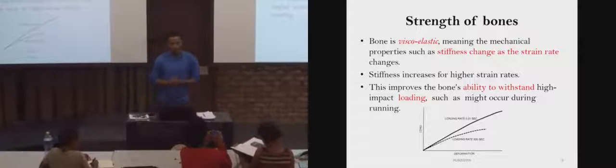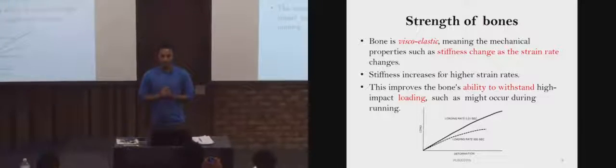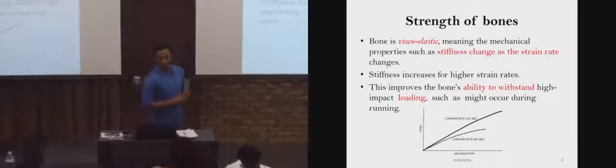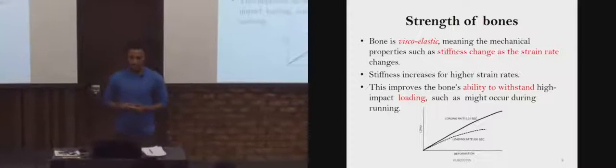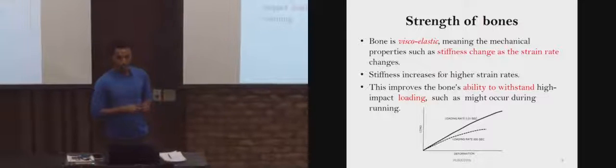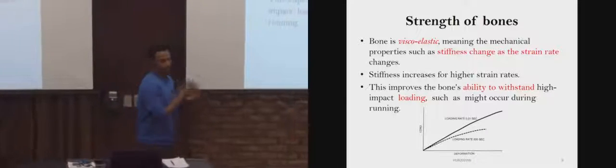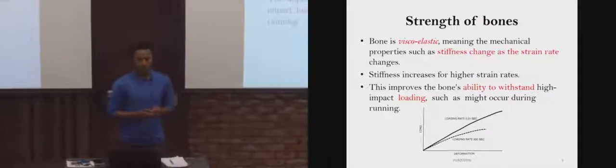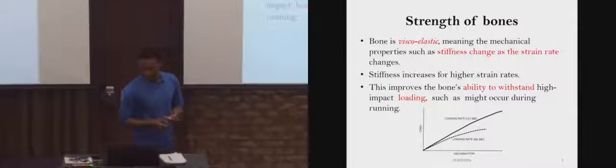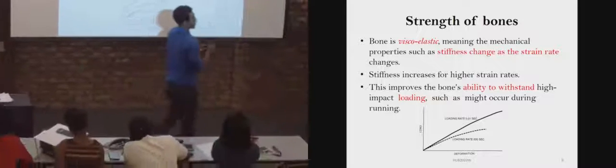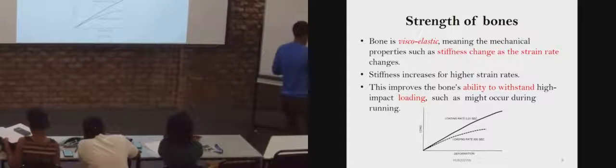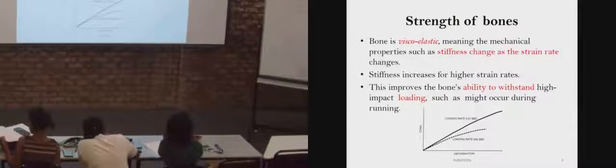So bone is viscoelastic, meaning mechanical properties such as the stiffness changes as the strain rate changes. So we can say stiffness or strength of a bone increases for higher strain rate. Higher strain rate means higher deformation rate. So if we compare two curves, two strain stress curves,